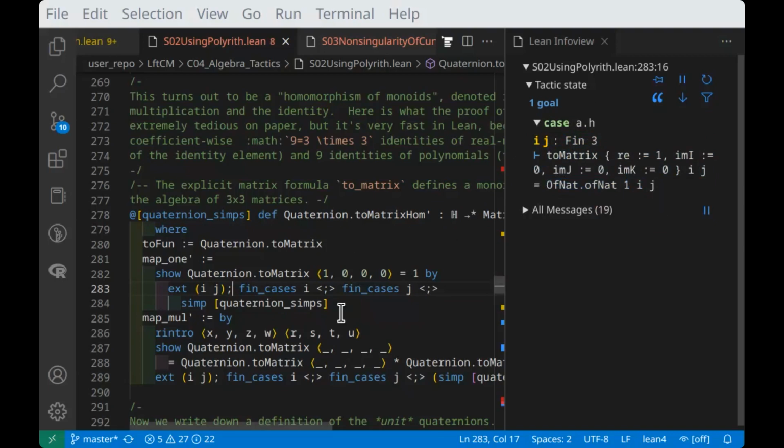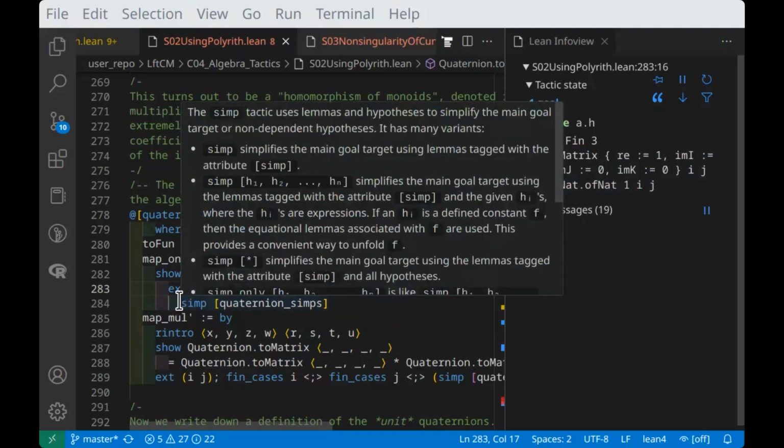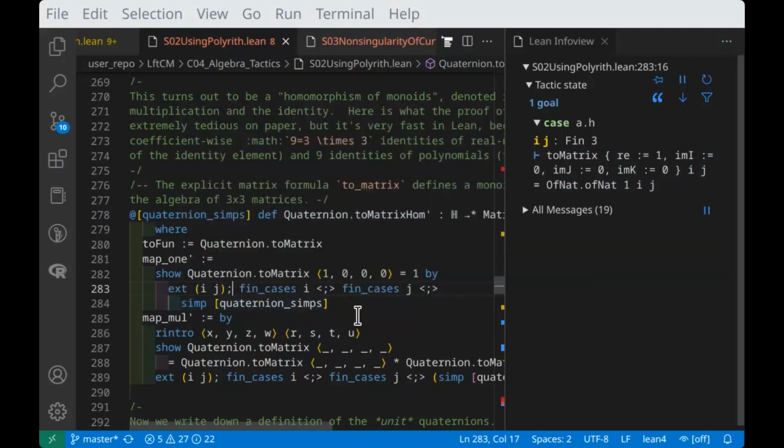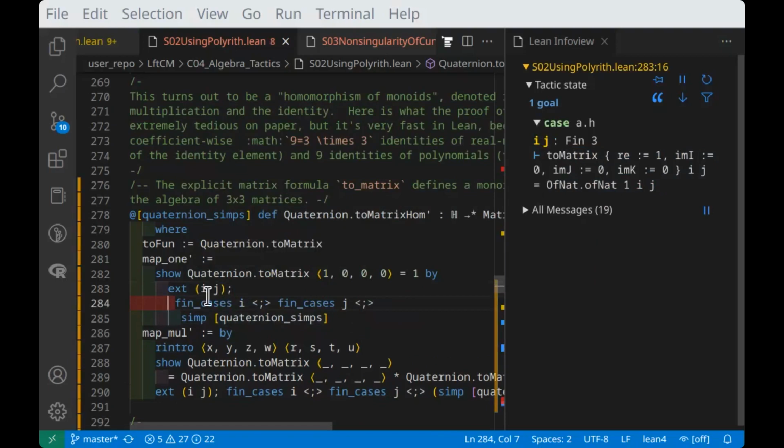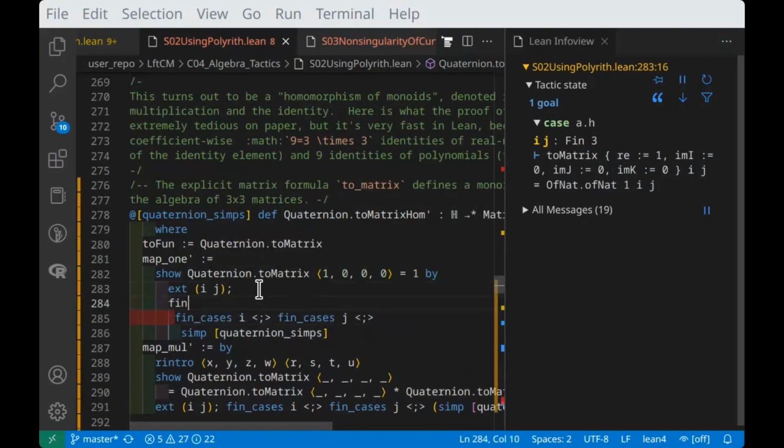And so I do a fin_cases, that it's proved by cases, by which case, what can be i or what can be j. So that's what these two instructions do here. And so maybe I should first do it. If I do fin_cases i here,